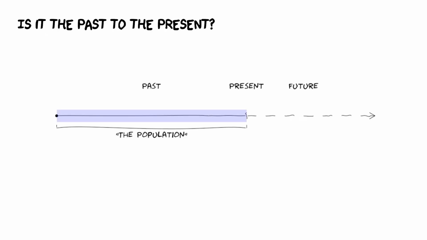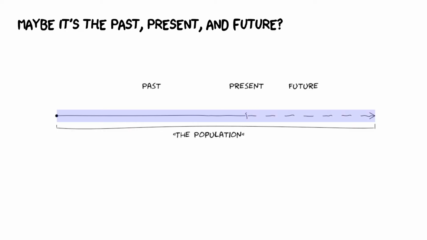Well, from a web analytics perspective, we often say, well, sampling is bad. We have all the data. And in that way, we're inherently saying the population is all of the past data up till now. Maybe that's our population, but that's just the historical data. Maybe we want it for all time. Our population is the past, the present, and the future,